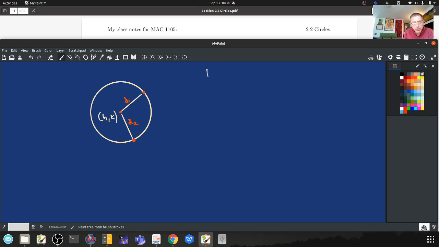So let our center point, P, be HK. So HK is just a point. I'm just going to call it P, and P is our center. So then that means the distance between every point that lies here, any point that lies on the circle, remember our distance formula, is from that point,